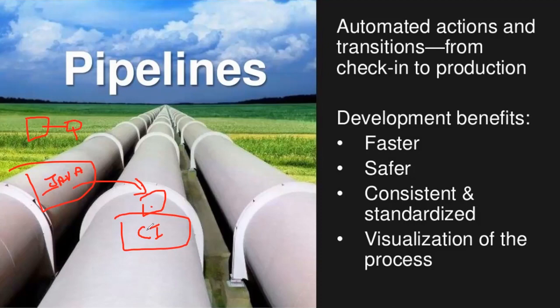Task 1, I'm the developer, I need to develop the application. Task 2, I'm the tester, I need to walk through the code. Task 3, the tested code has to go for multiple rounds of testing. After that, the deployment team has to take the code and deploy it. This is how it was working previously.